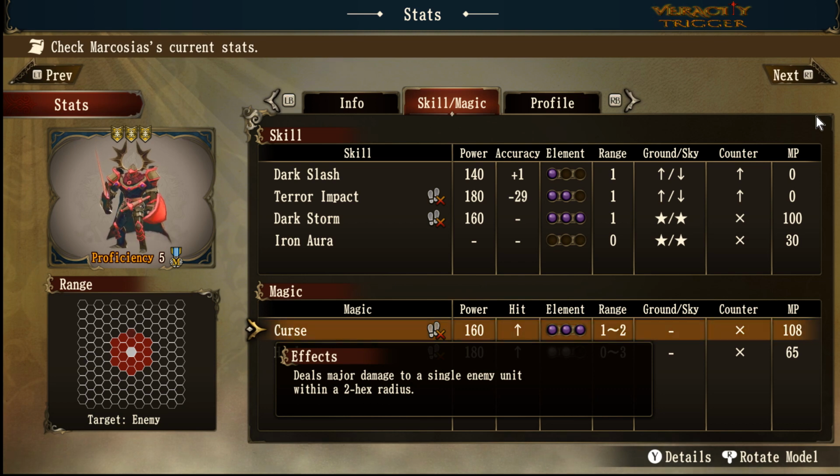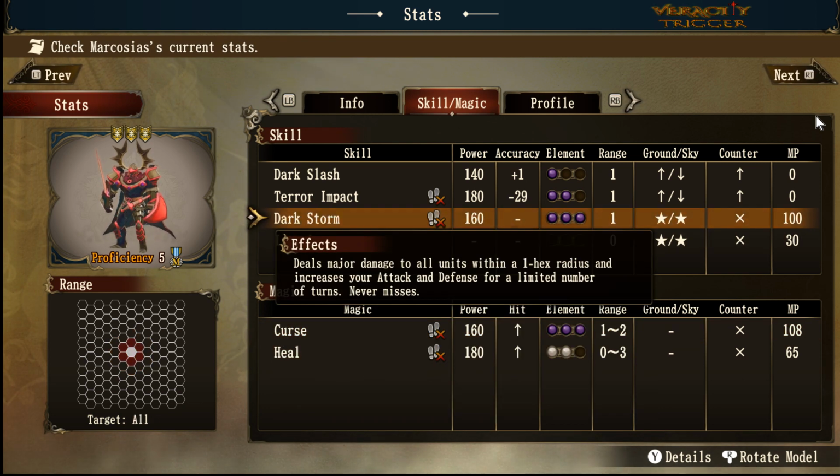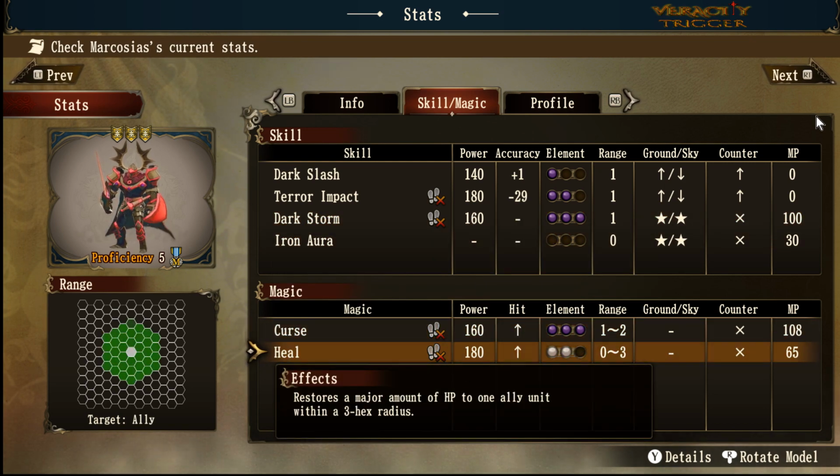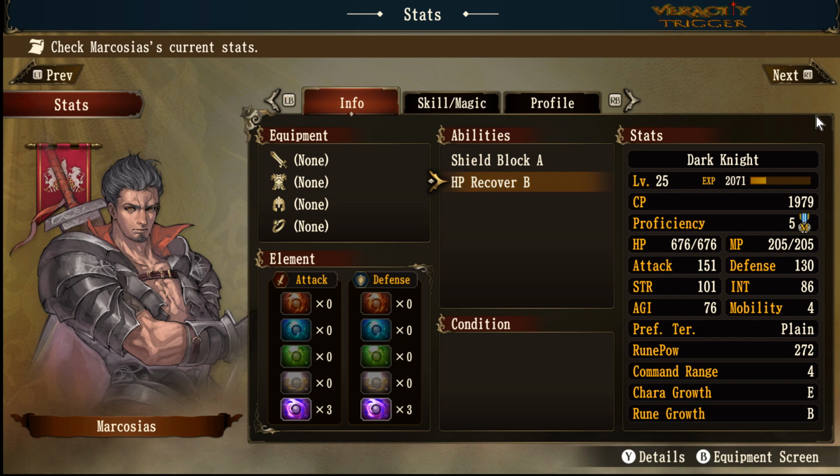I would just use Curse if you absolutely have to hit a guy that's 2 spaces away, and there's no other way to reach it. Then I would go for Curse. Otherwise, I would just face tank, take the damage of them surrounding you, do a Dark Storm, crank up your attack, crank up your defense, and go to town. You also have a heal if you need it. That's pretty much it for